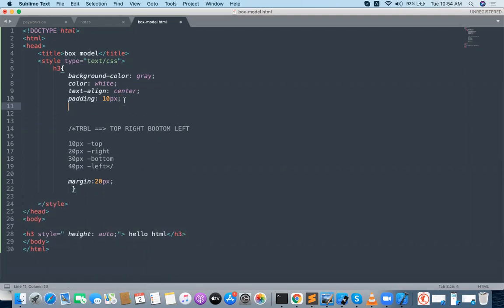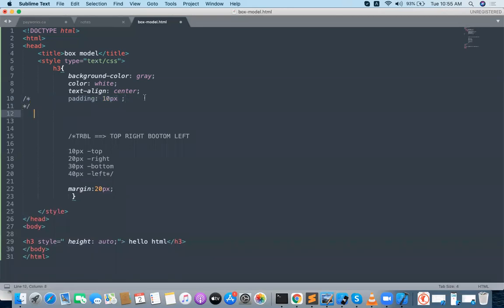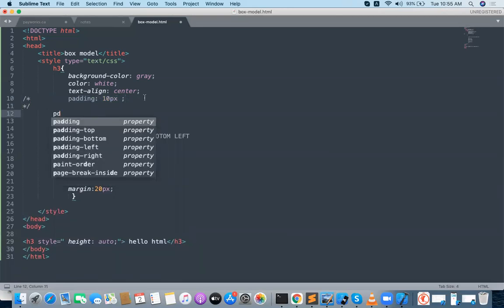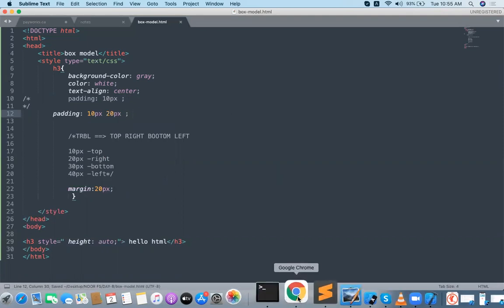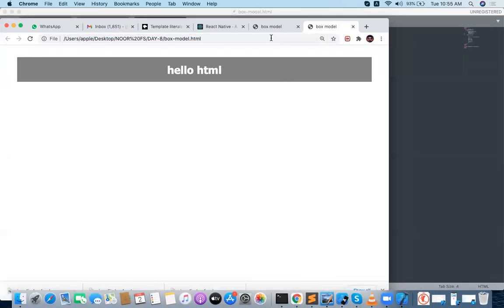When I apply two values, what is happening? Let me show. Now I am taking two values for the padding: padding 10 pixel, 20 pixel. If I apply 10 pixel and 20 pixel, what is happening in the browser? 10 pixel is arranged on top and bottom.